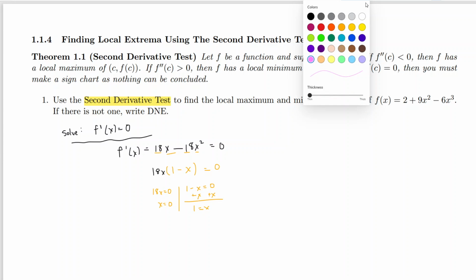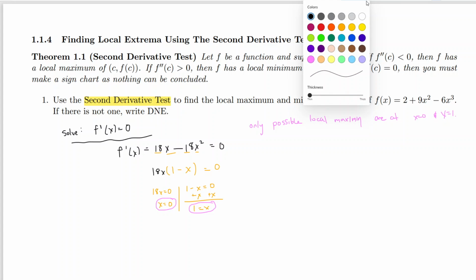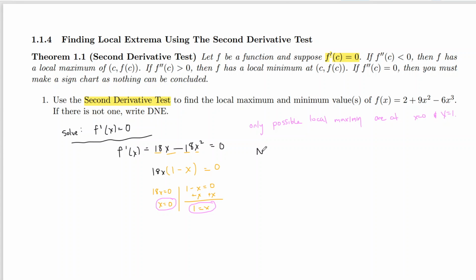All right, now what is this telling us? This is telling us that our only possible local extrema, so local max or min, are at these two values. So only possible local max and min are at x equals 0 and x equals 1. This is sort of like the C. We just have two C values in this setup. What we want to do is do the second derivative and see whether when we plug in 0 and when we plug in 1, will we get positive, negative, or 0. So once we solve this, next,